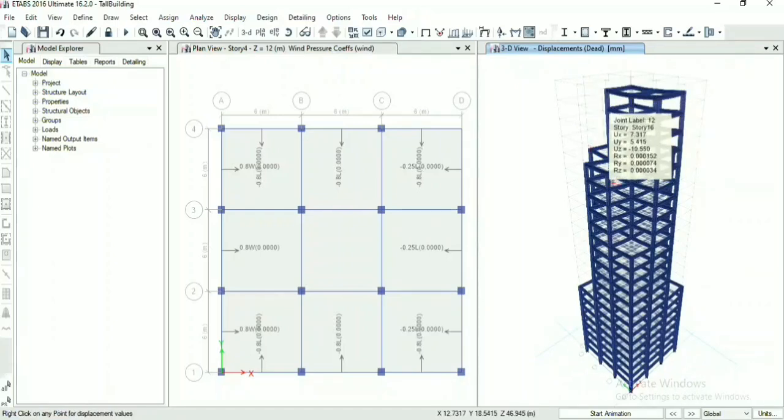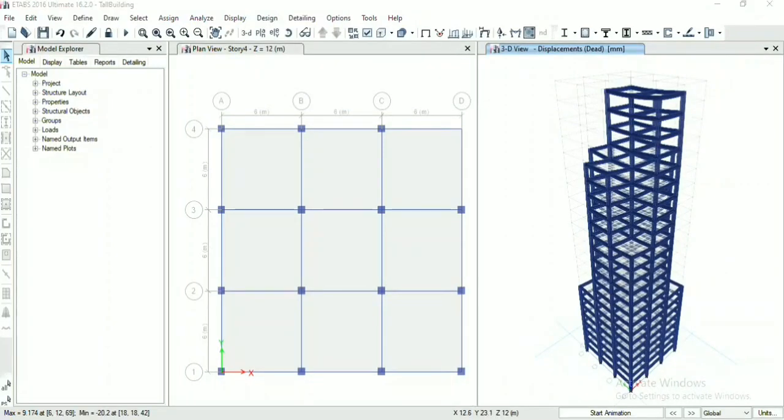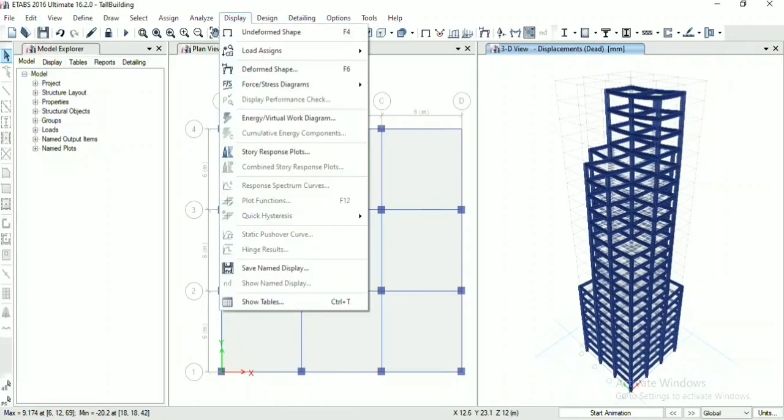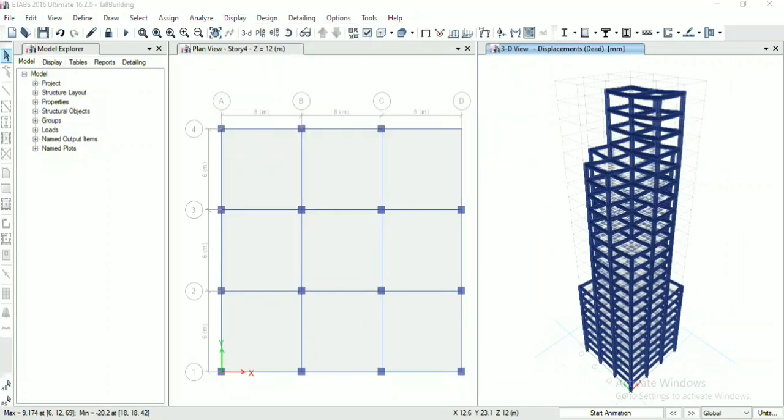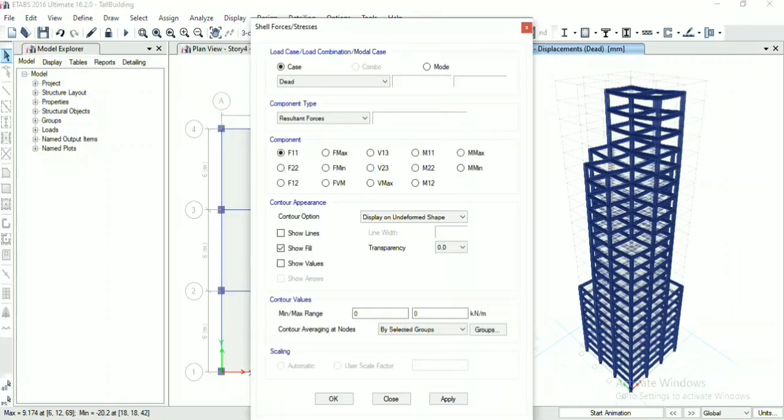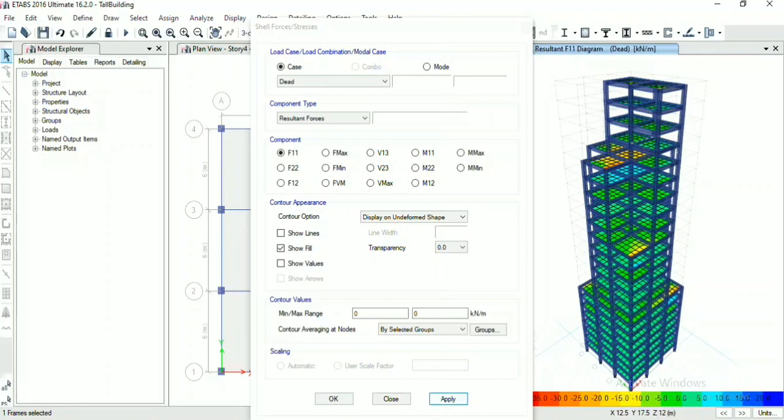We can move the cursor to see the displacement values of each joint. For checking force and stresses, go to display, force stress diagram, shell stress. Click on F11 and apply. So you can see shell forces or stresses.